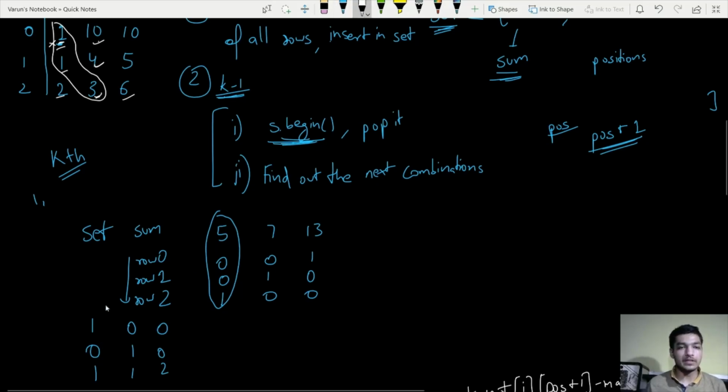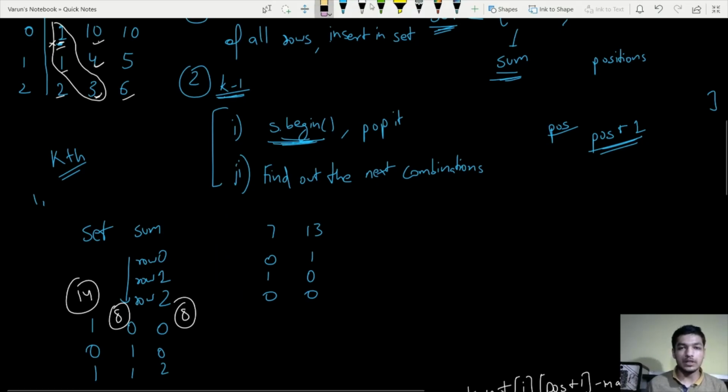If we take 1 0 1, 1 0 1 3, the sum will be 14. If we take 0 1 1, 1 4 3, the sum will be 8. If we take 0 0 2, 1 1 6, the sum will also be 8. So let's push these elements in the set and delete the first element. So when we push 8, now this 13 will have to go a bit back.